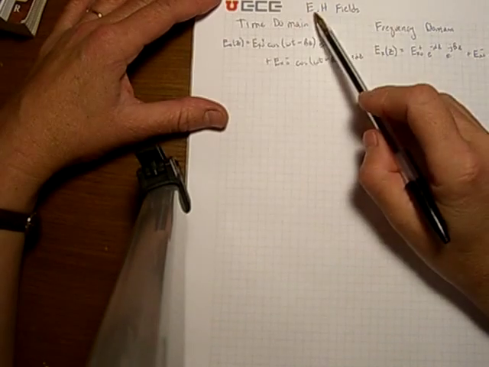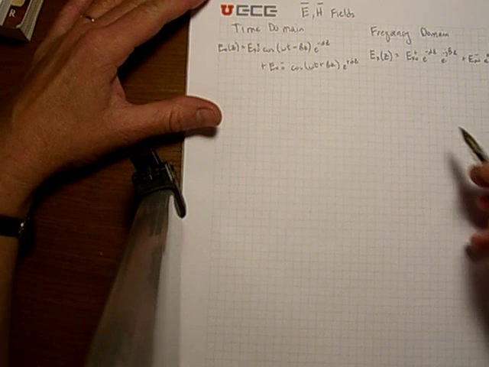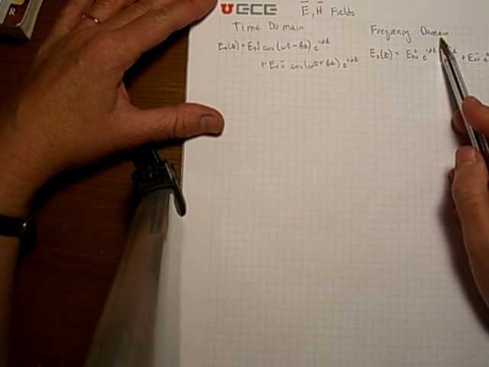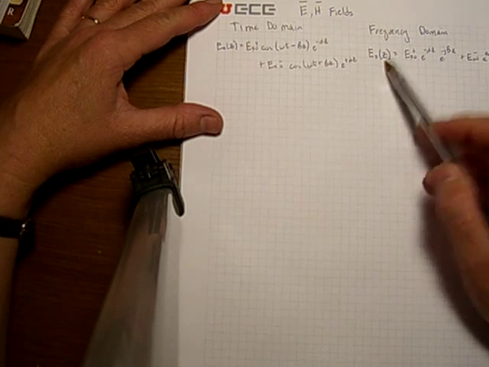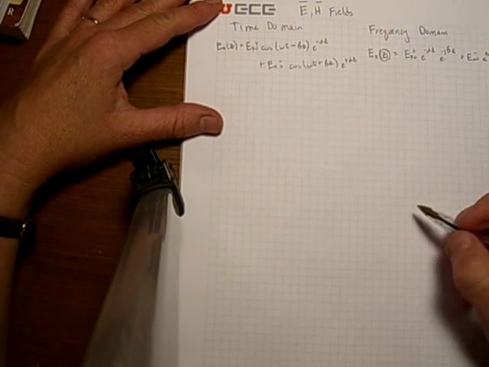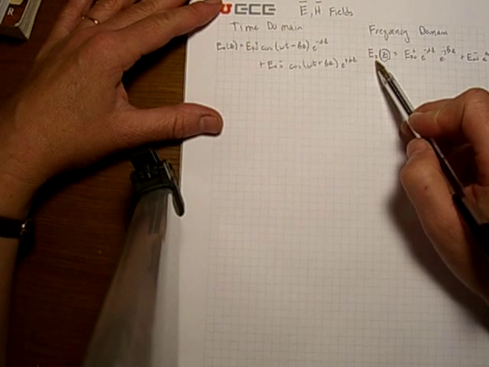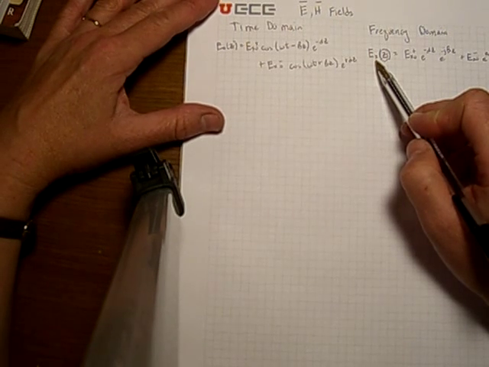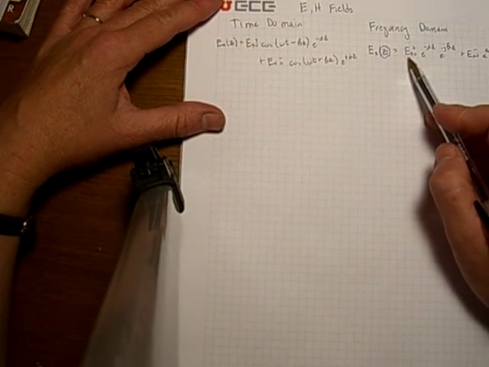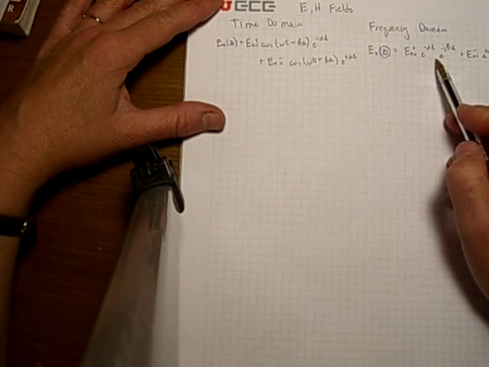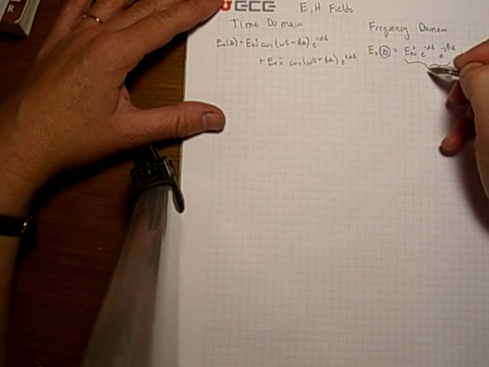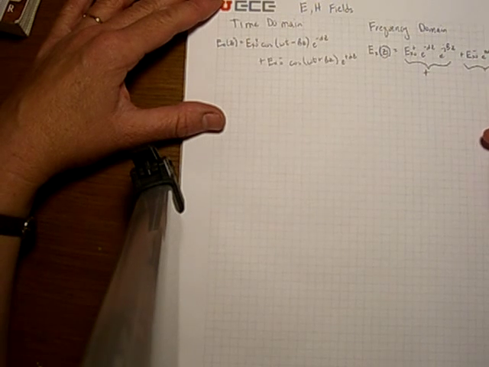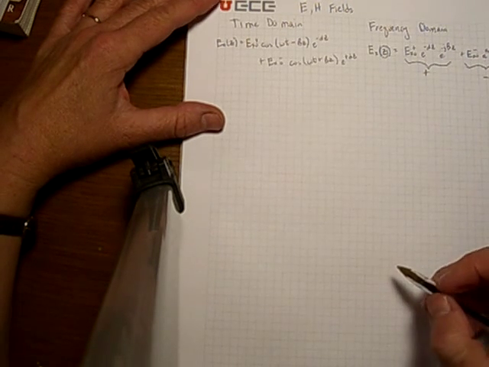Now let's talk about how to write expressions for the electric and magnetic fields. We started with the expression in the frequency domain, where we had the electric field going in the z direction. So here's the direction of propagation, and here is the polarization, or the direction that our vector of the electric field is in. We have an Ex0 plus, we have attenuation, we have a phase change, and then we have the reflected wave. So this is a wave that's traveling in the positive direction. This is a wave that's traveling in the negative direction.